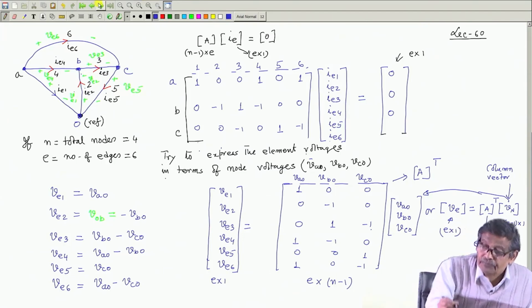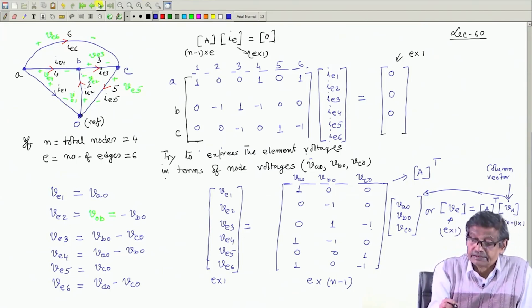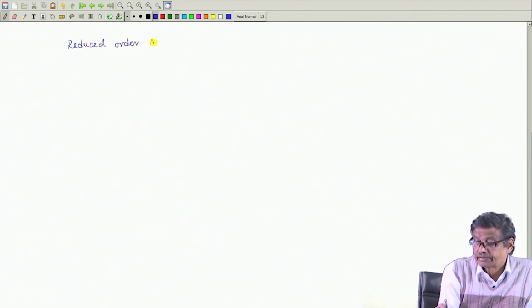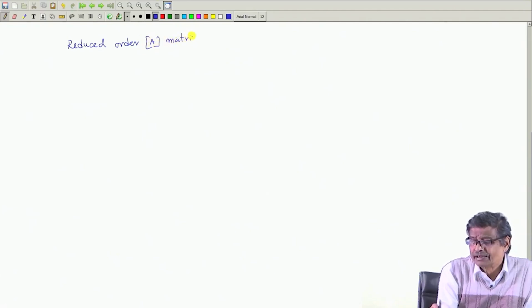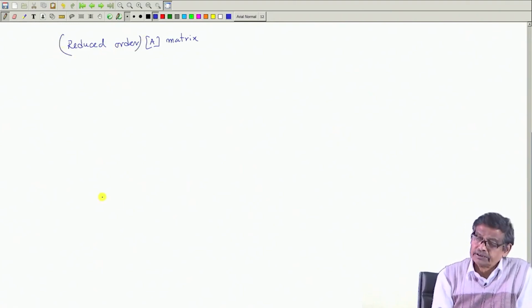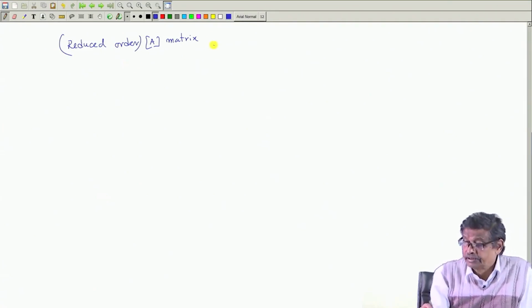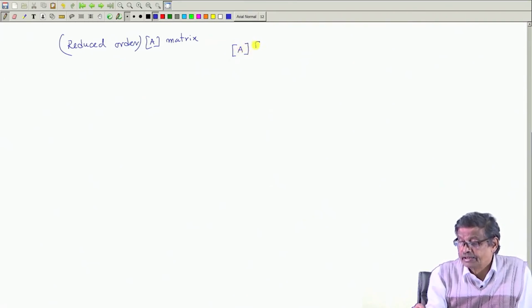So, we say that reduced order A matrix. Henceforth, I will not even say reduced order A matrix, it is understood reduced order. What is the use of writing redundant equations? So, we have got, in conclusion, it is like this: A into IE